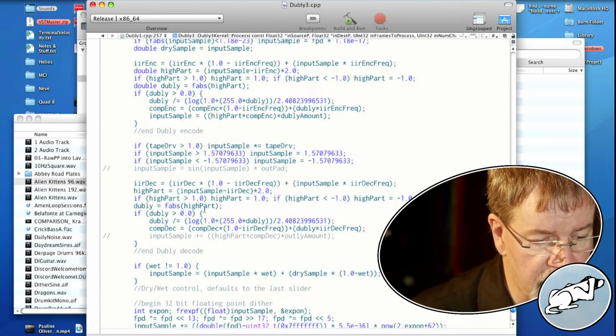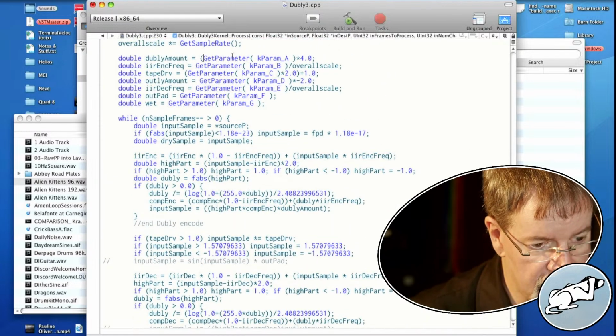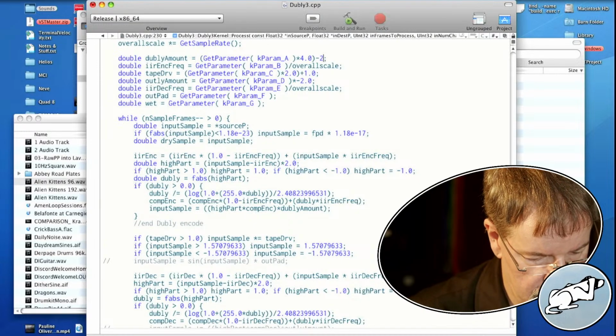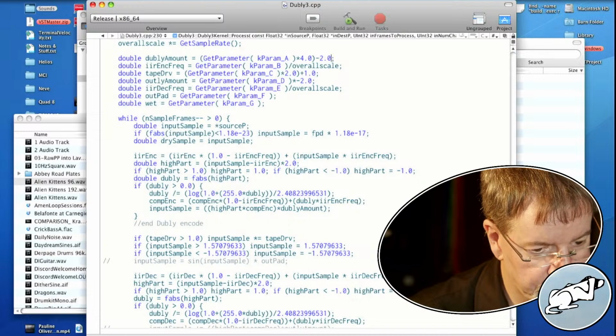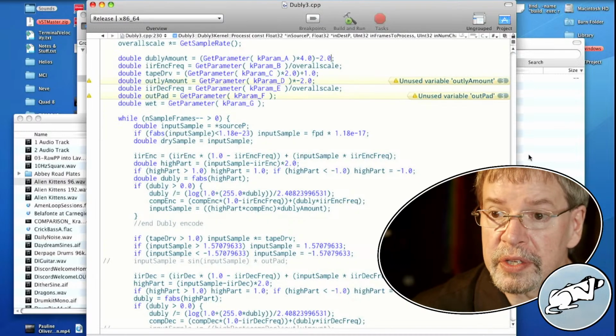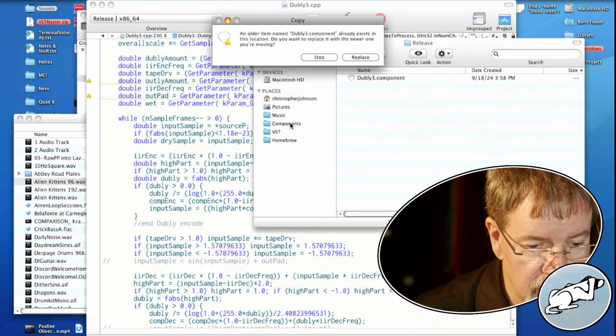So that firstly, you're hearing only the output of this effect. So if I build this, now what you've got is